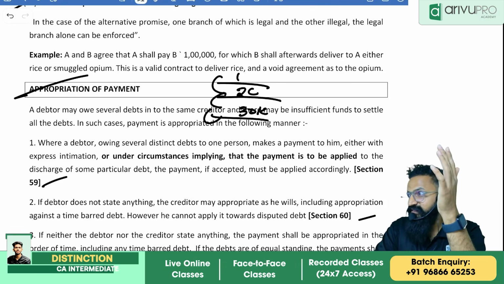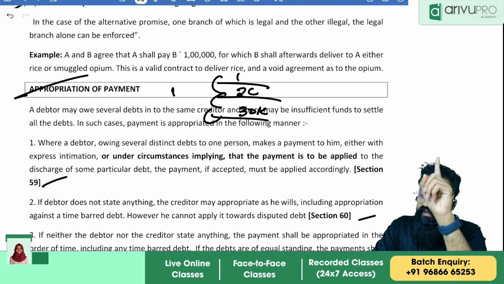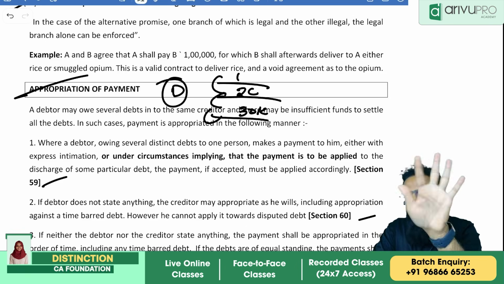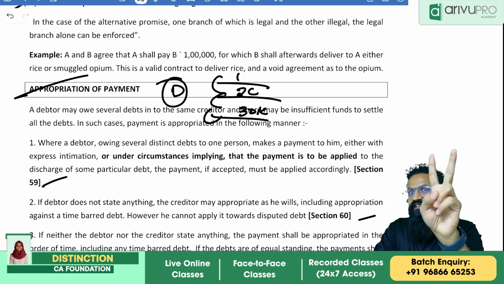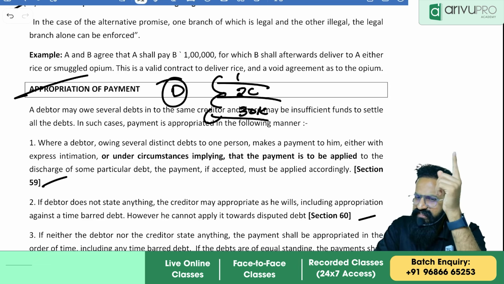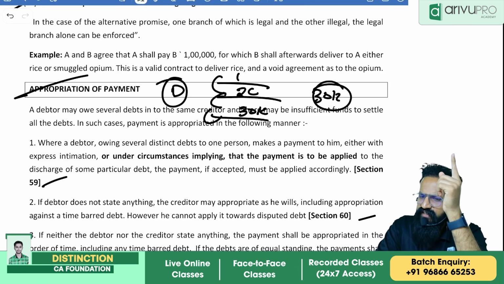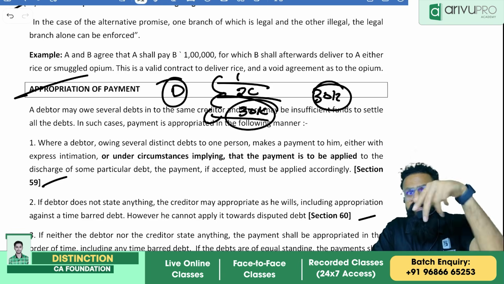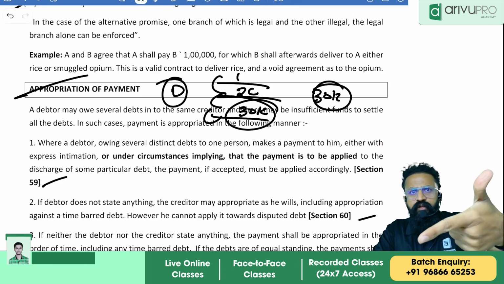The first thing is that the debtor is given the choice. You choose towards which debt you want to repay. If the debtor did not say anything, the second thing is circumstance. If I am repaying exactly 30,000, the circumstance says I will take it towards the third debt. If the debtor did not say anything and the circumstance also did not say anything,